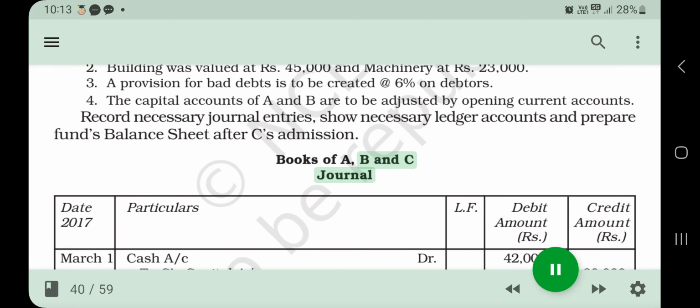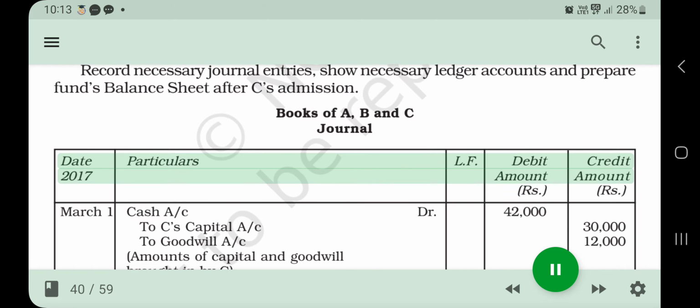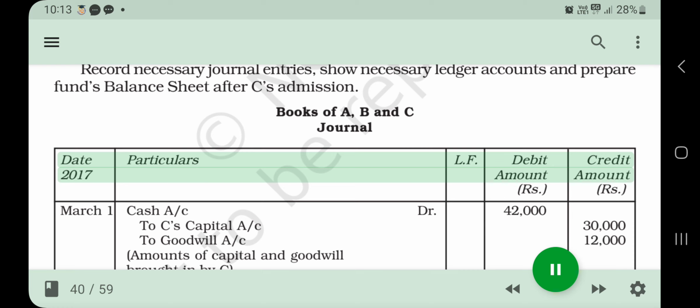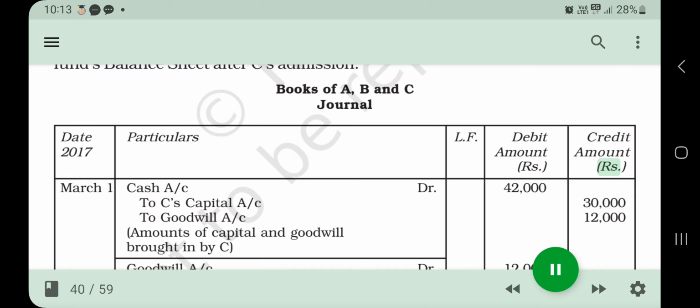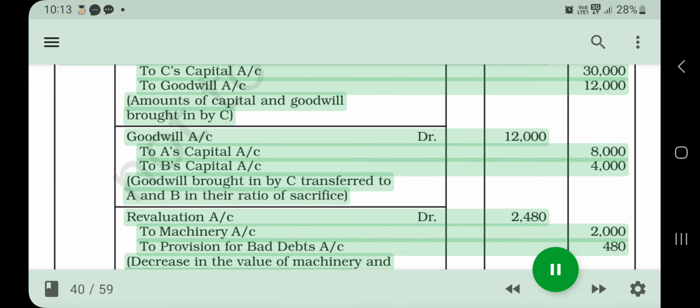Books of A, B and C, journal. Date, particulars, LF, debit, credit, 2017, amount Rs. March 1, cash A/c Dr. 42,000, to C's capital A/c 30,000, to goodwill A/c 12,000, amounts of capital and goodwill brought in by